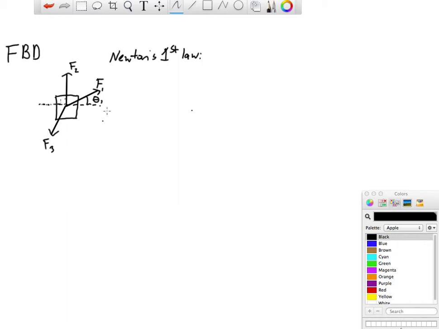I think that everyone so far has been able to understand how you draw a free body diagram. If you're confused about that, you should definitely send me an email as quickly as possible, because this should be old news by now. So Newton's first law tells us that if we see that an object is not accelerating, so this means moving at a constant speed, or not changing directions, then what that means is